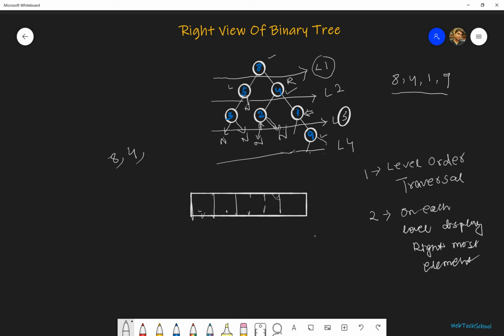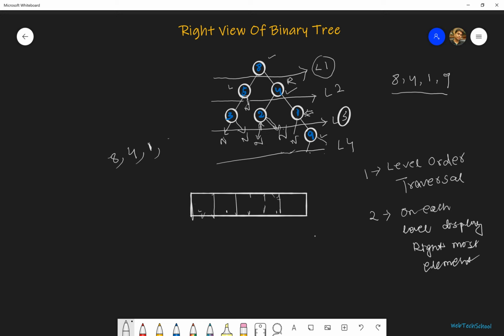When we are taking out 1, is it the rightmost element? Yes. So we are going to print 1 and push its left child and right child. Left child is null, right child is 9. So let's push 9. Let's take out 9. Is it the rightmost element on level 4? Yes.